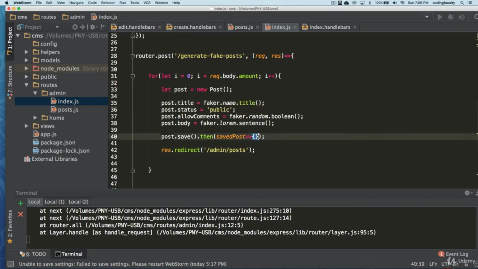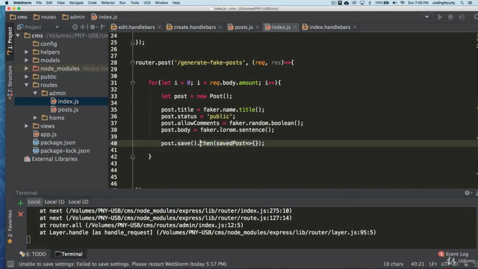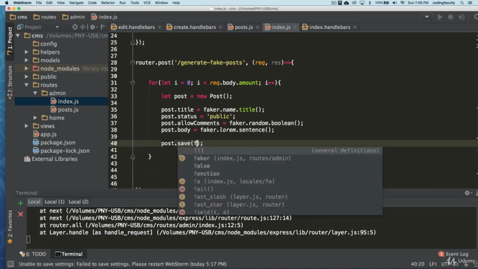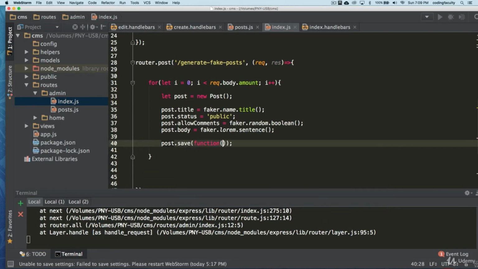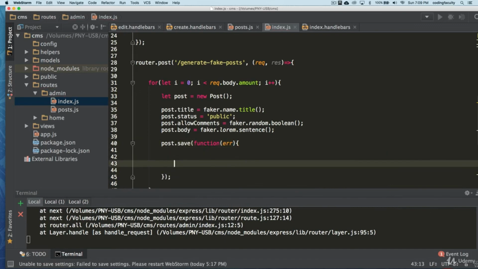Let's use this the old-fashioned way, and let's see if that's a problem. I don't think promises work with, whatchamacallit, with this. To be honest, I don't think promises work with Faker. I don't know if it supports them.